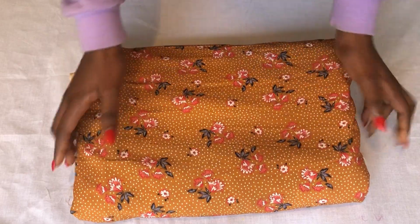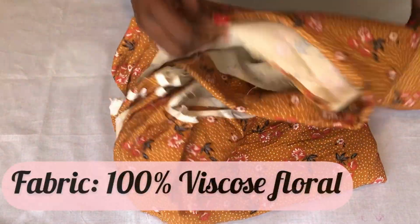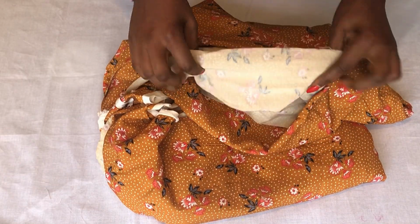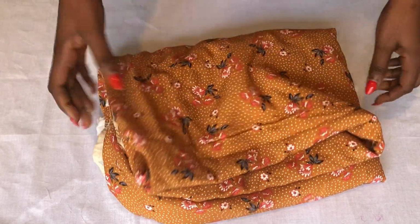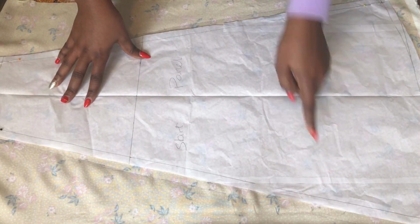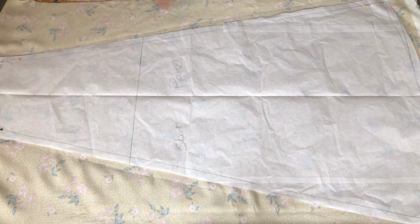So this is the fabric I'm going to use. It is 100% viscose floral fabric. I really like the texture. It feels really nice and smooth, and it's really flimsy though, but it's going to give me the nice drapey effect. So now that we know the fabric we're going to use, I would lay my skirt panel and cut